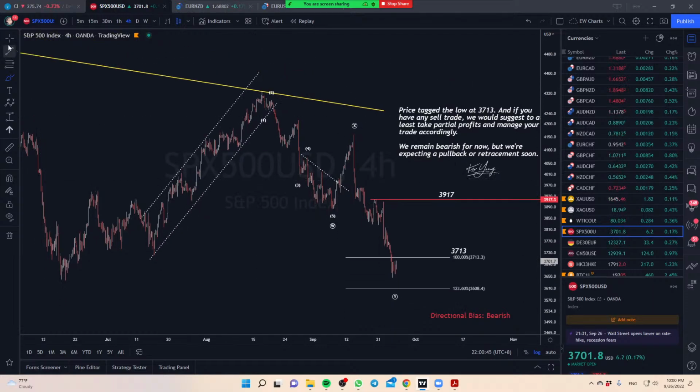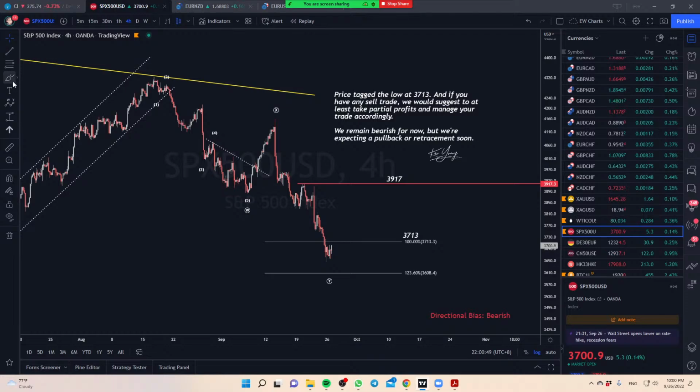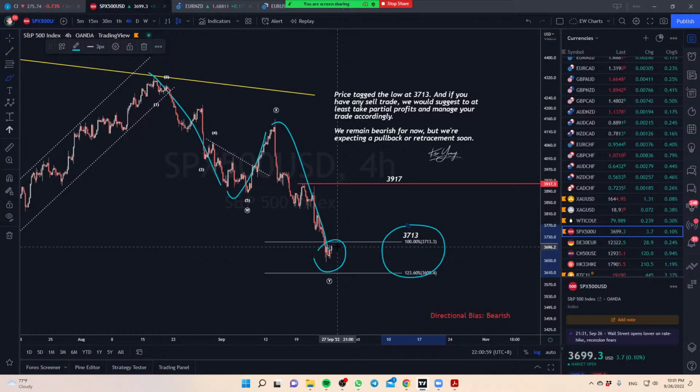S&P. General equities overall, it's still bearish. The momentum is very clear, it's due to downside. But we've entered this area here, so again, we have a 1, 2, 3. We've entered this zone, which most of the time is going to give us a little bit of a reaction. So be aware to not be so aggressive in selling at this moment, because we can expect a bit of